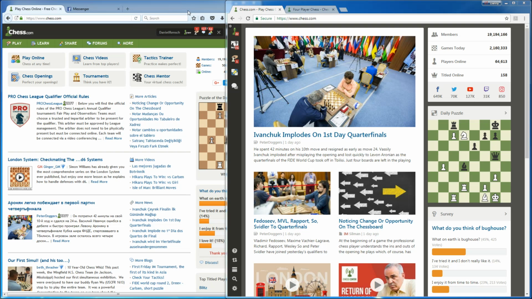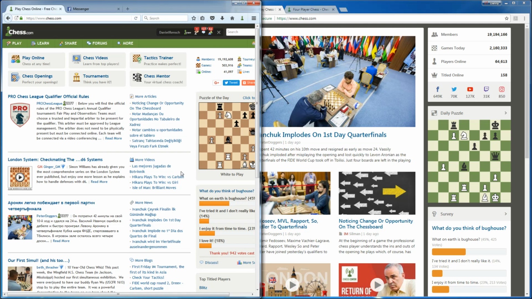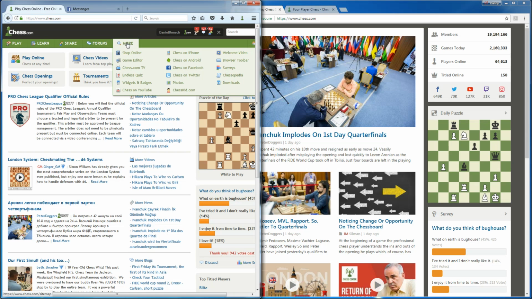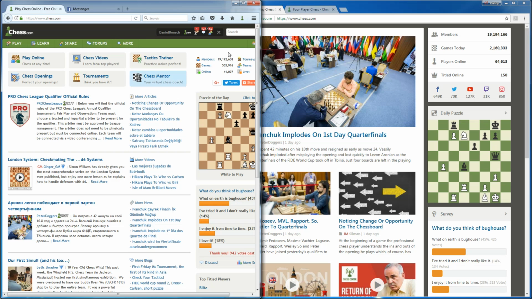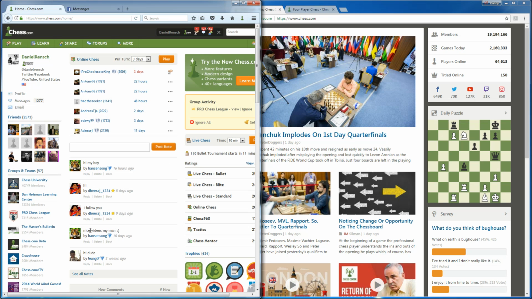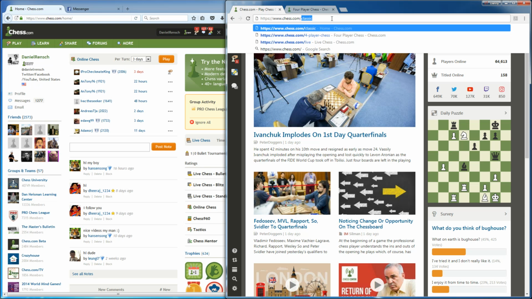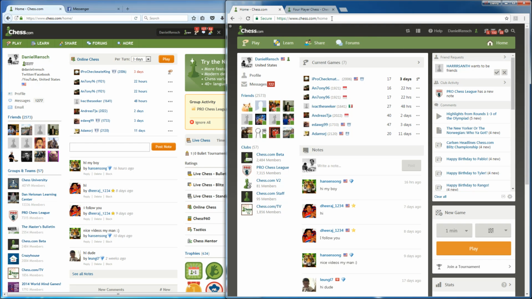On the left side of your screen, you see the Chess.com main page as you know it. You're familiar and comfortable with the top navigation, knowing right where all of your favorite spots are. Let's head over to the home page and be reminded of the home page that we all have grown to love, that of course being the home page you see right in front of you. On the right side you see the newer Chess.com main page, but before we worry that this is unfamiliar to us, let's put into use the action that we talked about in this video,